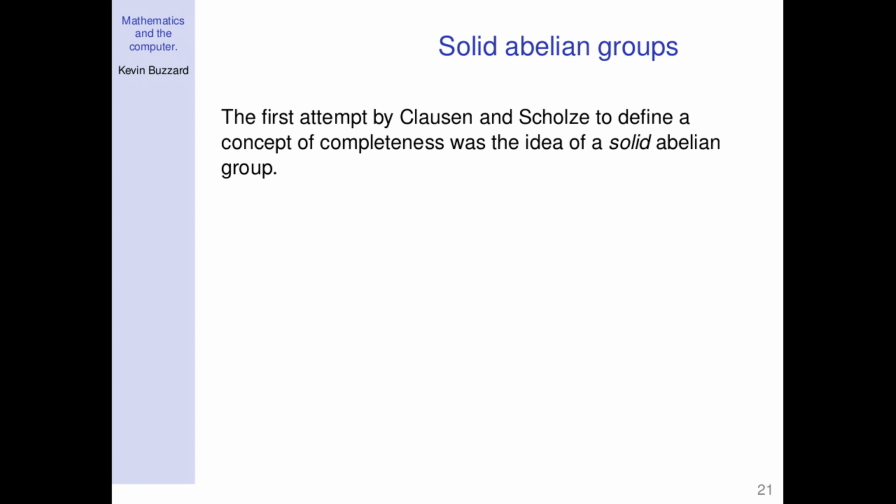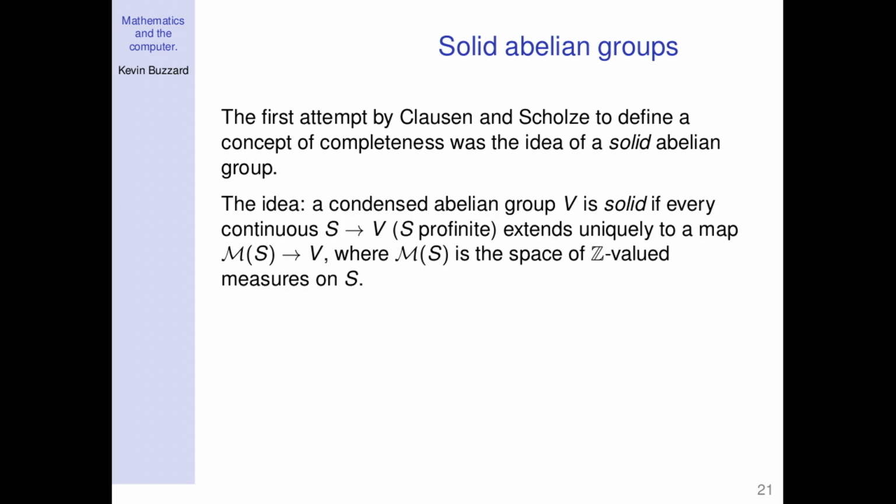But we want tensor products, so we can do tensor products of condensed abelian groups, and we get large pathological things, and then we want to somehow complete them and make the pathologies go away. So the first attempt to fix this issue, that tensor products were sort of wild and incomprehensible, was the idea of a solid abelian group.